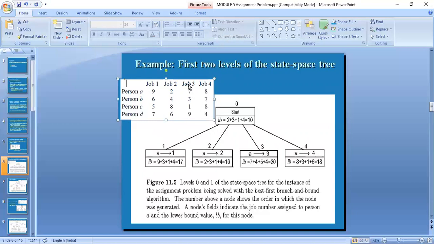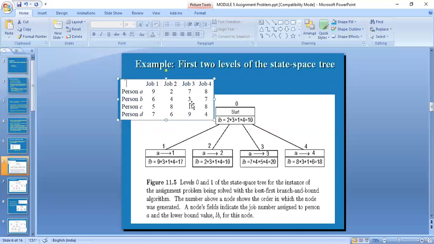Now, A is going to be assigned with job 3. What is the value of job 3? Job 3 is 7. Now, look into here. We have told that the same job should not be assigned to another person. Since we are confirming that job 3 is going to be assigned to A, even though 3 is the least value for B, 3 belongs to job 3, we are not supposed to take 3. Move to the next minimum value. The next minimum value here is 4.